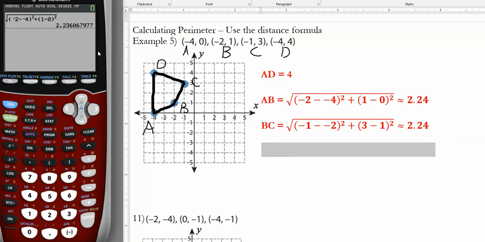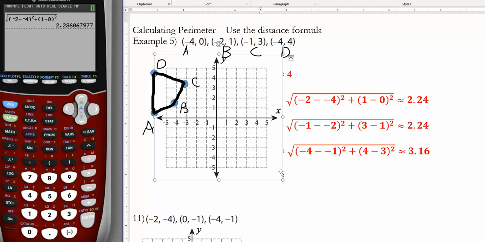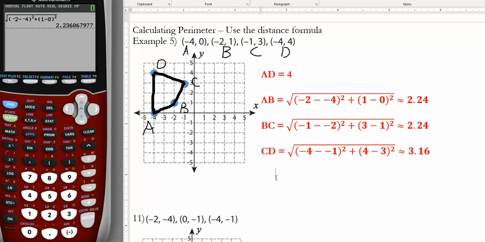And then finally, if we do DC, same deal. First numbers are from D, and then the second numbers are from C. We get 3.16. And finally, perimeter just means that it's the distance around the outside. So we add up all of the numbers, and we get that the perimeter is